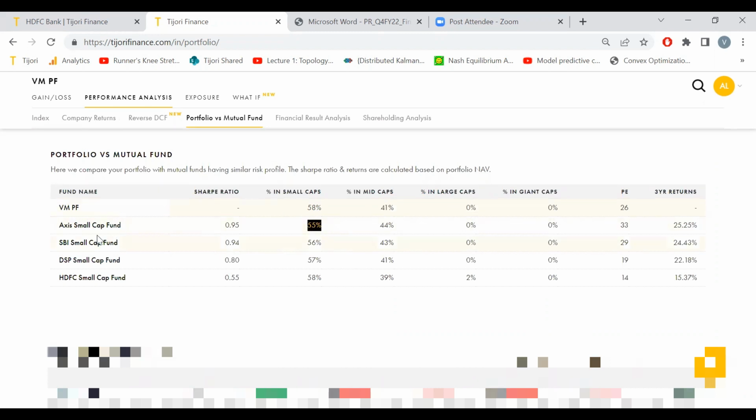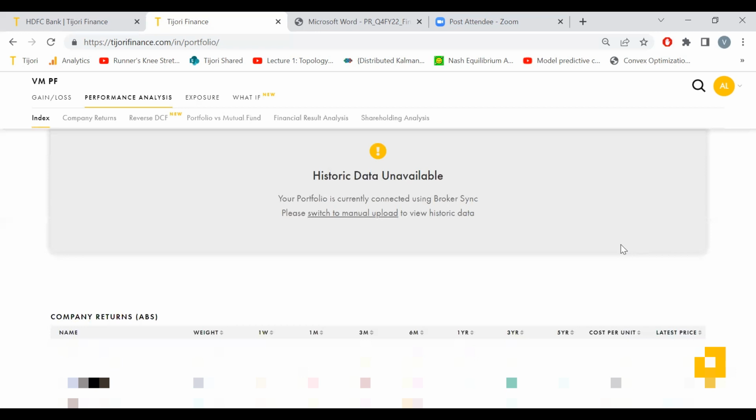We compare this guy's performance to Axis Small, SBI Small, DSP Small, and HDFC Small. And in case you had given us historical data, we will even compare your NAV and market value to the closest. We allow you to add mutual funds as comparisons, as indices, as TJ indices, even companies. Many people have told us, should I just invest in Reliance or invest in my portfolio? So you can add any benchmark you want.